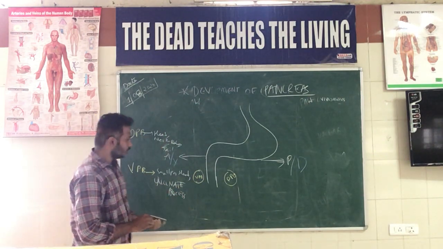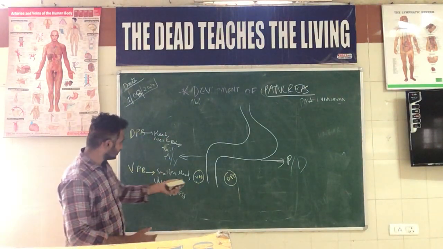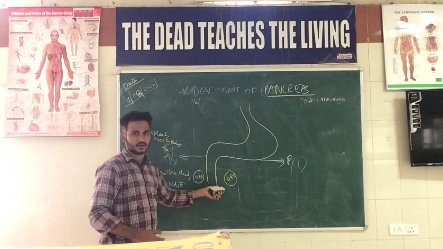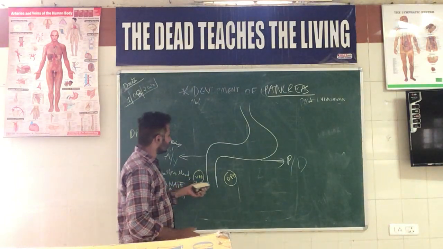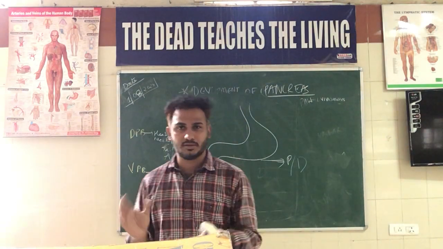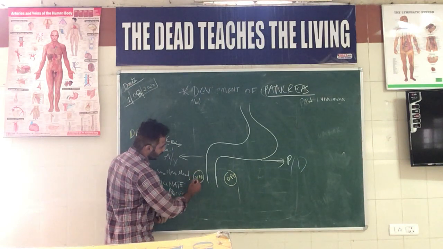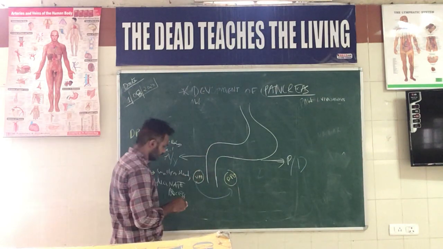So what happens? Let us talk about the uncinate process later, but let us see what happens. The ventral pancreatic bud and the dorsal pancreatic bud. One is on the ventral side, one is on the dorsal side. So how will these structures be united with each other? During the process of rotation only, the ventral pancreatic bud will be coming close to the dorsal pancreatic bud.